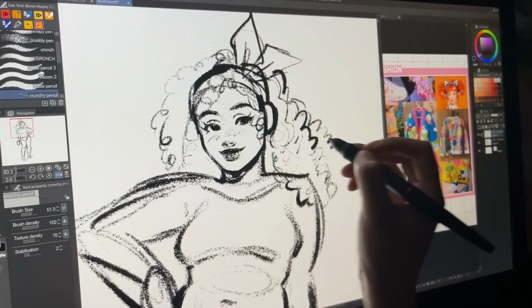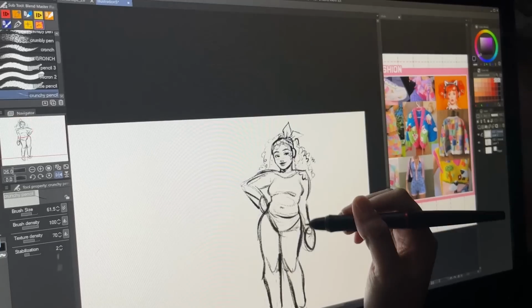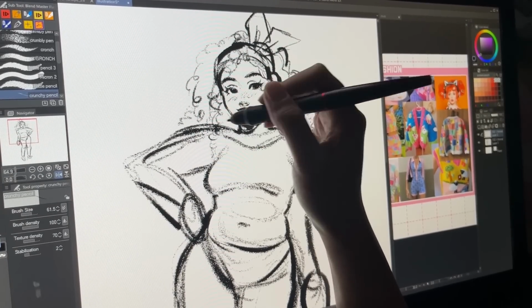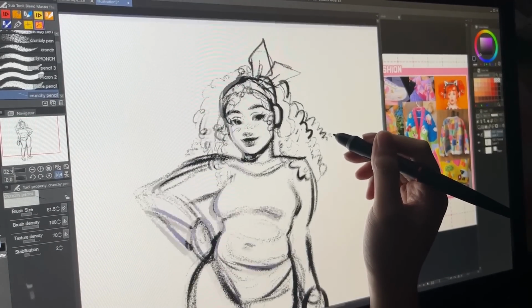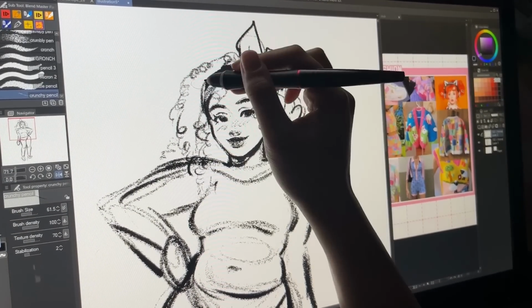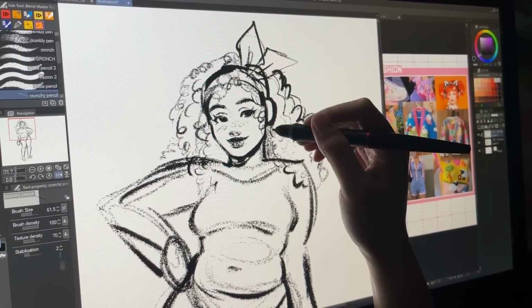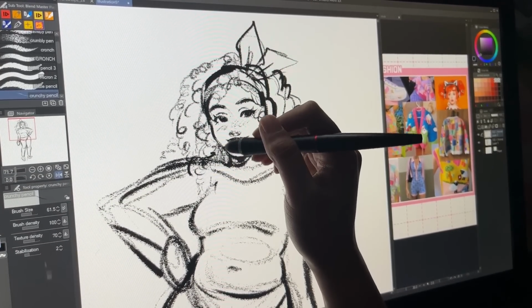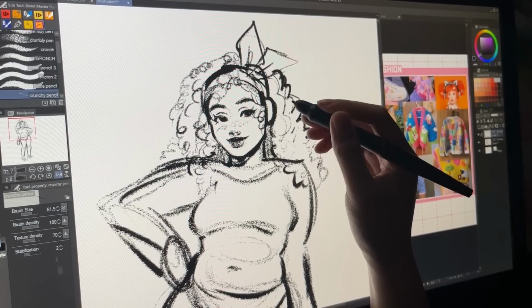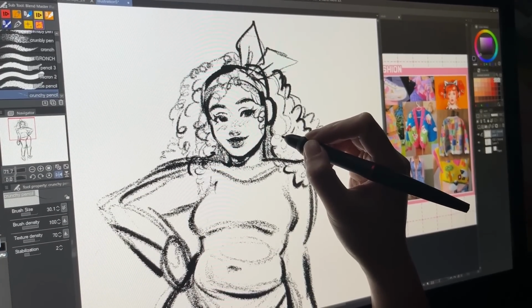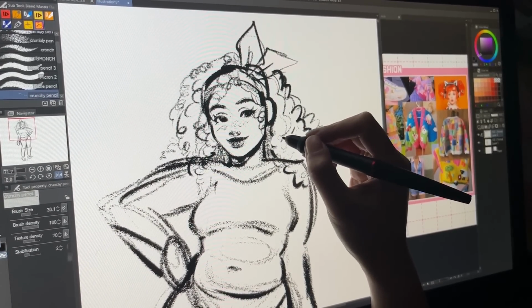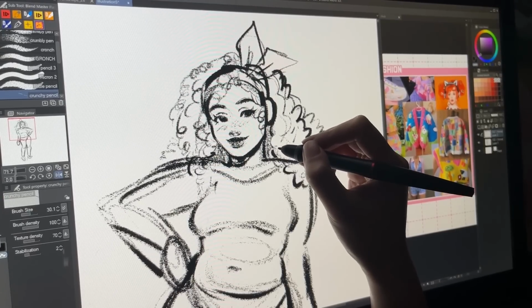And I was trying to get opinions from my sister on how I could make her actually look chubbier. And looking back on it now, I definitely should have done studies of plus size models so that I could understand better how to draw fat on a body. And I could have even done some gesture drawings to get more confident in my ability to draw bigger girls in different poses, because I only did one pose here.